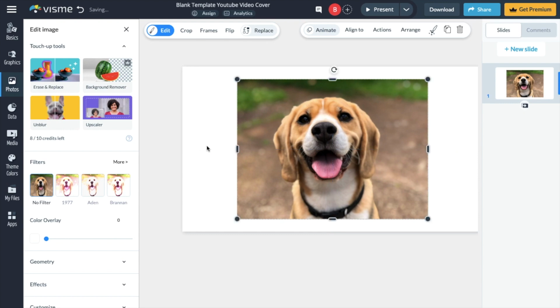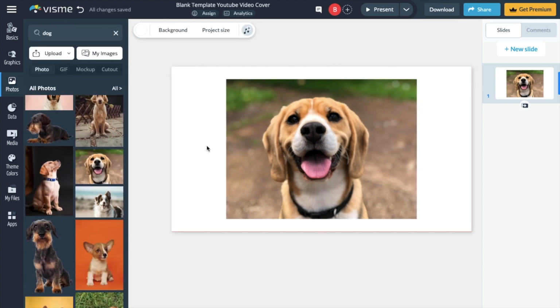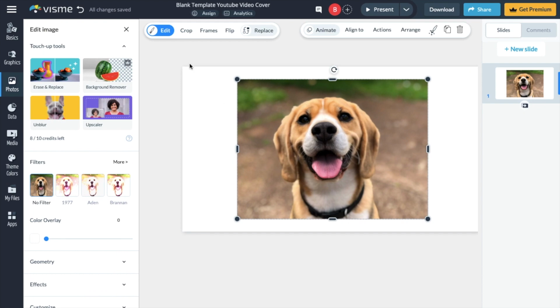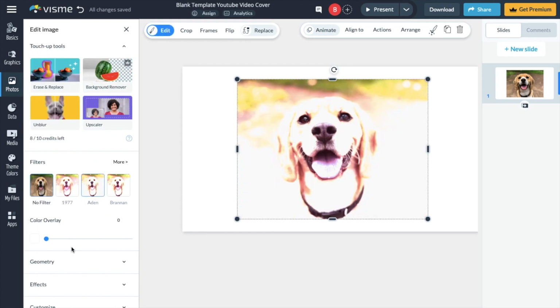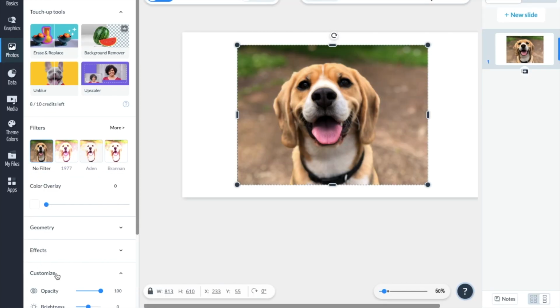Now, in order to edit the saturation of this photo, for instance, what you have to do is press on the photo right here, go to the top left, make sure this edit button is selected. If it's not, it's going to look like this. If it is, it'll be highlighted blue. Then once that is done, scroll down towards this customize at the bottom, press on it to get this drop-down